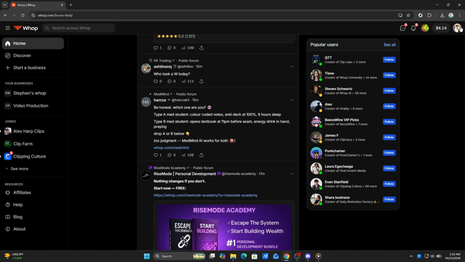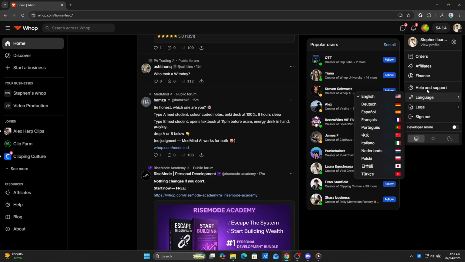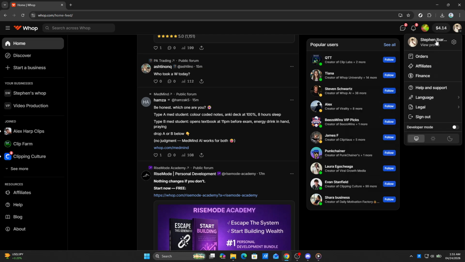Next, hover over or click on your profile icon. This action should reveal a drop-down menu or a list of options related to your account. This is where you'll find various settings and information related to your profile, including your orders. Navigating menus like this is a common practice on many websites, so once you get the hang of it, you'll